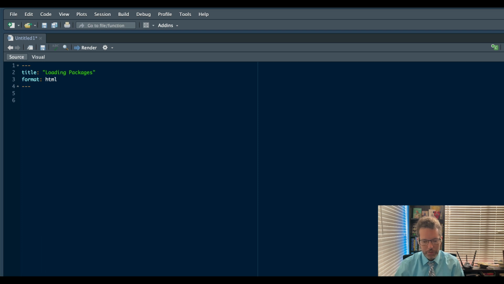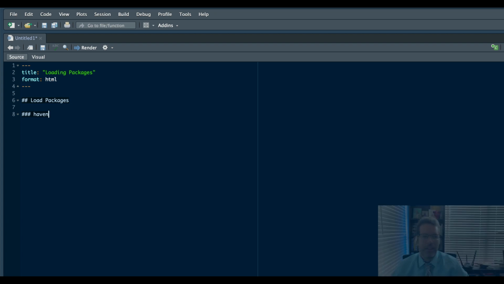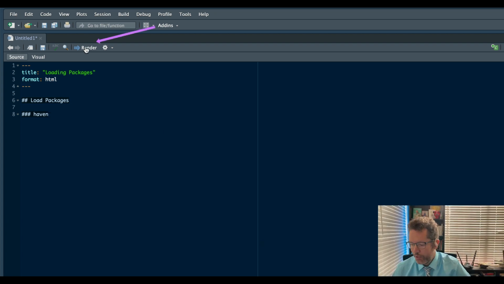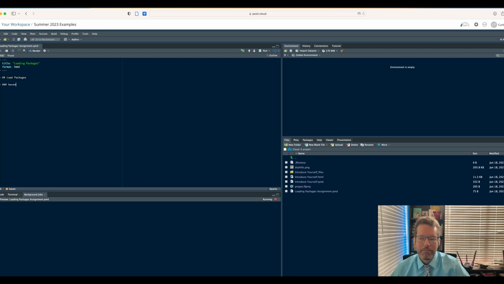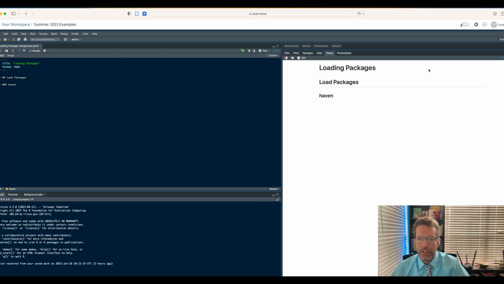headings. So let's start off by making a level 2 heading, and we're going to call it Load Packages. And then right away, we're going to make a level 3 heading that we're going to call Haven. And we'll press render just to make sure that we haven't made any mistakes yet. We'll call this Loading Packages assignment. And on the right here, we now get the nice web page. So we have our title, Loading Packages, our section called Load Packages, and then the first package we're going to